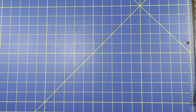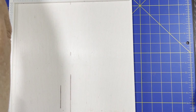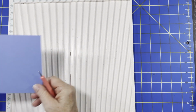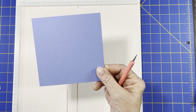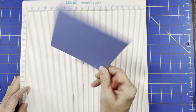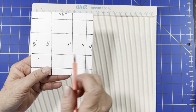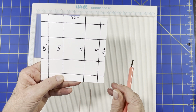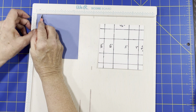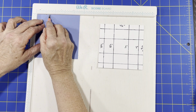I cut everything else, but we're going to do some scoring. I did cut everything out, or we could be here forever. So we're going to start with the box first. The box is a 4.5-inch square. That's all you need. We're going to score at a 1/2 inch, 1.5, 3, and 4. So we're going to score at a 1/2 inch, then we're going to score at 1.5,